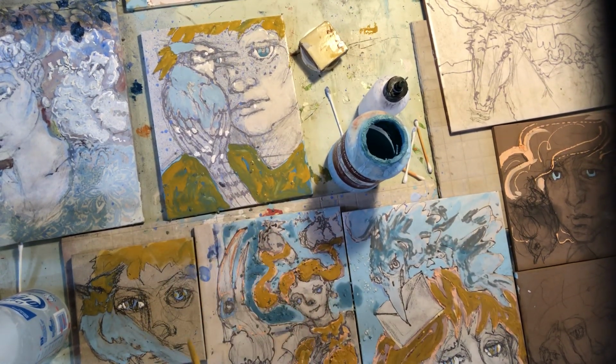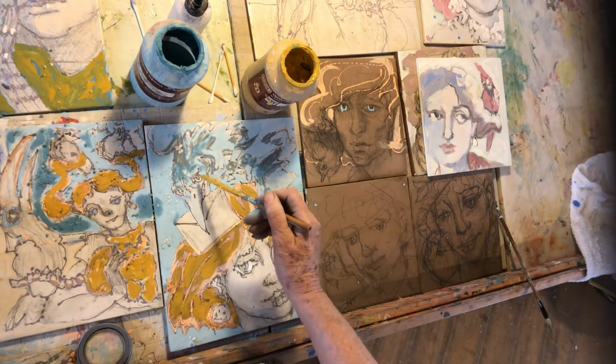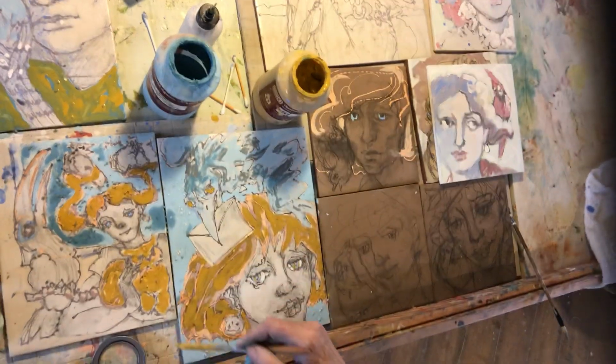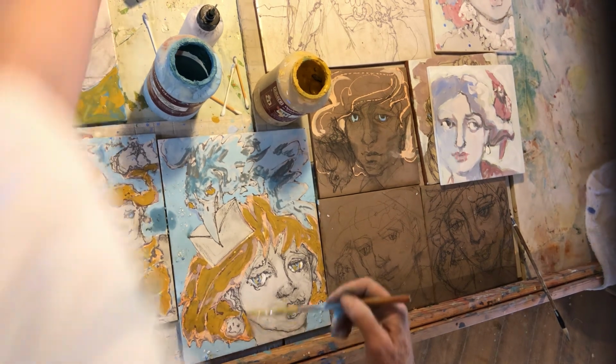All right, so where are we? I'm going to put some for the raven's eyes. They are going to be yellow, and I'll probably trail them in after the fact, but for now, I'll just do that. All right. Anything else I need? Well, while I'm here,